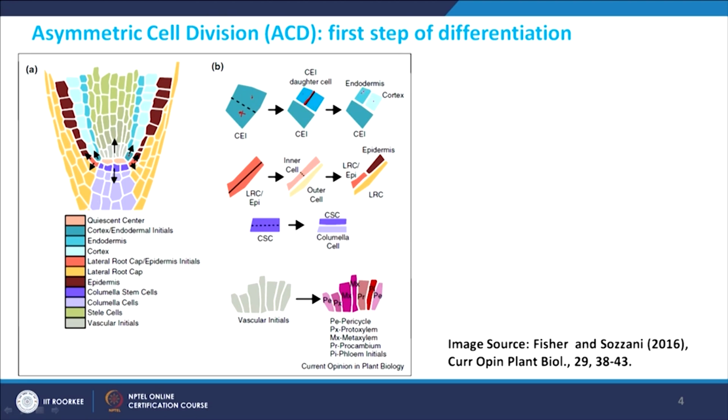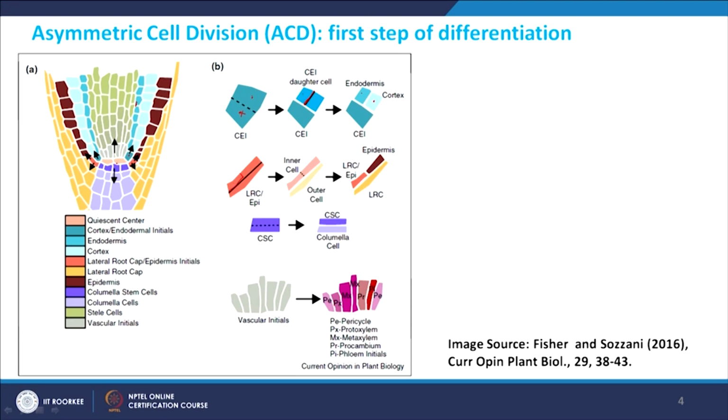One layer is going to give endodermis, as you can see here, and the outer layer is going to make the cortex. Similarly, if you look at this initial, this initial is epidermis and lateral root cap initials. These initials again undergo the first round of cell division. After cell division, the inner cells, the basal and inner cells,